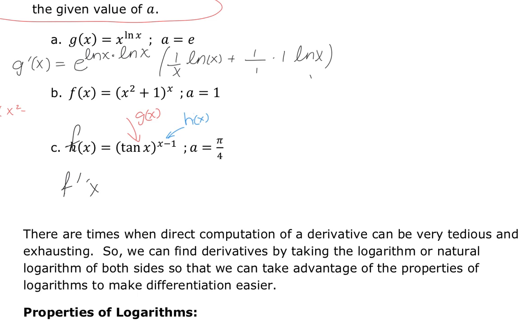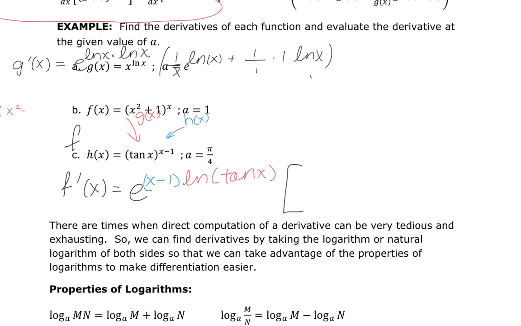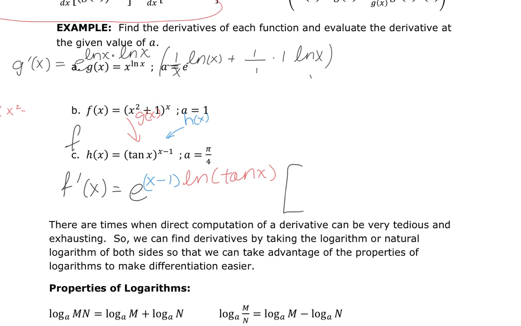So f prime of x is going to be equal to e raised to the x minus 1, multiplied by the natural log of the tangent of x, multiplied by the derivative of h, so that's just 1. So multiplied by 1, the natural log of the tangent of x